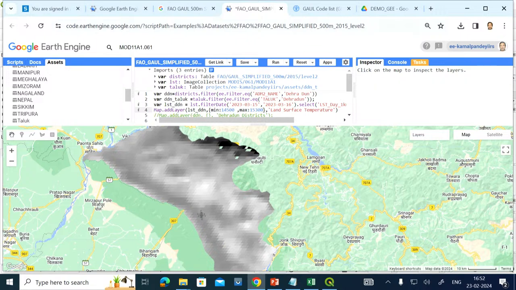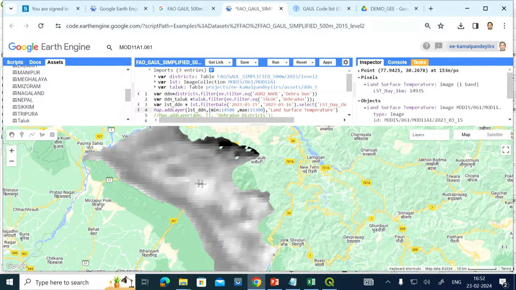And we have validated from the field as well. Dehradun is a plain place, a valley only. So temperature is more or less high as compared to this Mussoorie region, which is a hill area. And here if you can see, the temperatures are very low. These are the Sivalik range here. So it also has lesser temperature here. Again they are at the high mountain areas only. So here you can see it is going from 15 to 60.